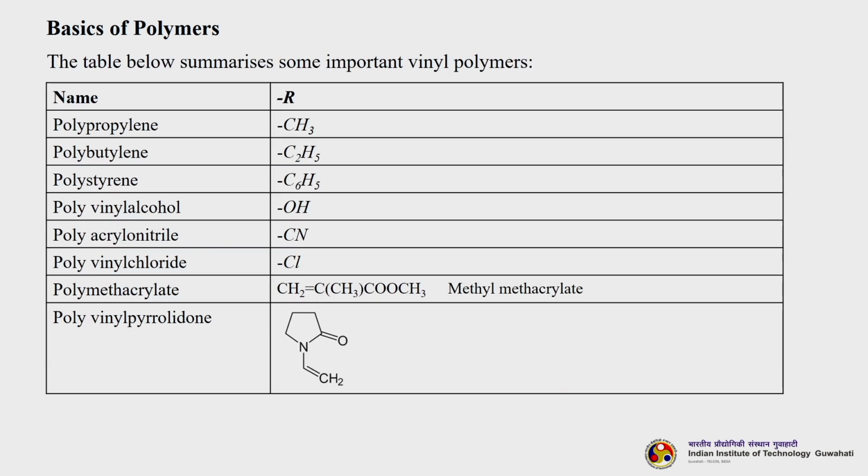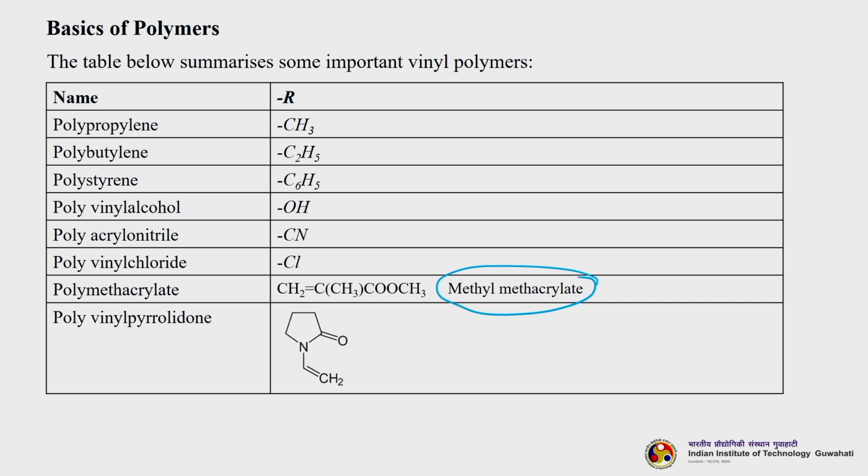Let us look at this table. This is telling us about different vinyl polymers. So, for polypropylene, the R group is CH3, for polybutylene the R group is C2H5, for polystyrene it is C6H5, similarly for polyvinyl alcohol it is OH, for polyvinyl chloride it is Cl. For polymethyl acrylate it is CH2, CCHCOCH3, which is methyl methacrylate, and for polyvinyl pyrrolidone this is